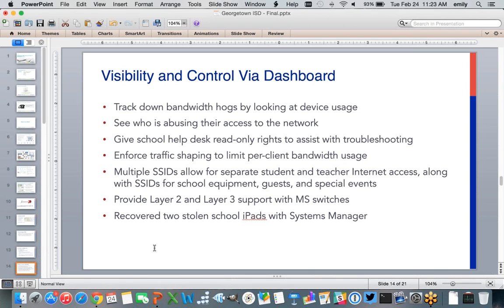Sure. Well, probably the best thing is that all of our access points show up in one place. We're able very easily to see if an access point is having issues. It immediately shows up in the dashboard as, I believe, yellow or red if it's not connected at all. So it's very simple for us to determine if there's an issue just by looking at the dashboard.